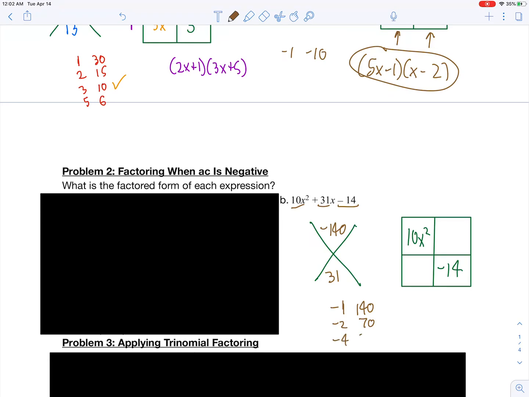Negative 4 and 35 might be a little tougher to come up with the factors on that one, but that should be our correct factorization. Negative 4 times 35 multiplies to get negative 140, and it also adds together to give us 31. So what we're going to do here is, again, just fill out the box with those two numbers. Negative 4, we're going to tack on an x, 35, tack on an x, and now the last step is,